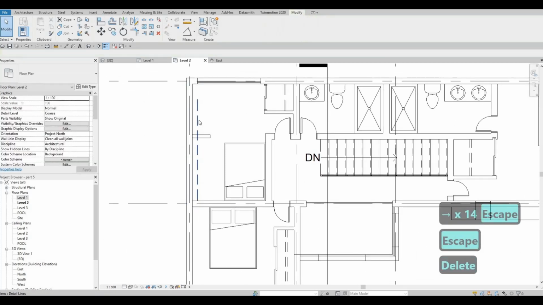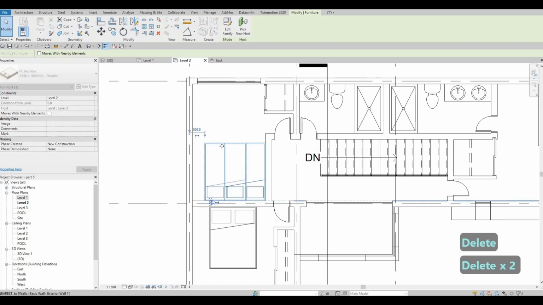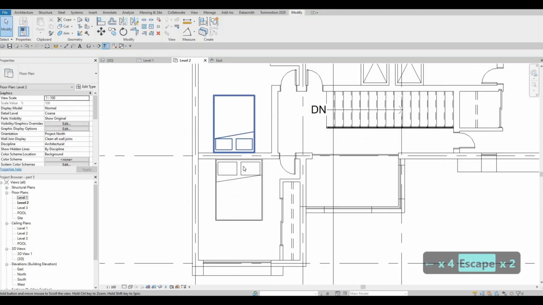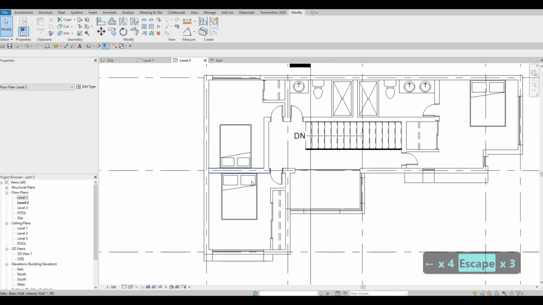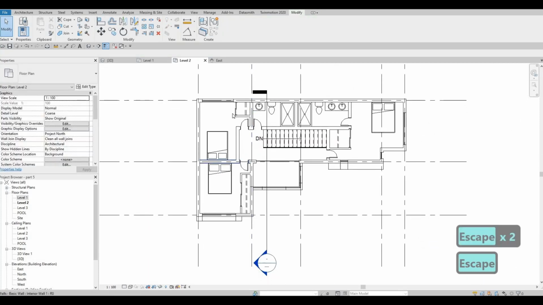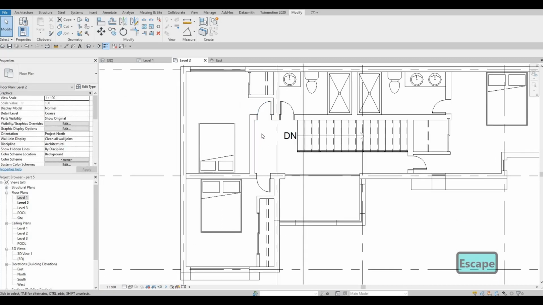And just delete this right here. I think that's too much, and we can still have a double onto this part right here. And then this one is still queen,